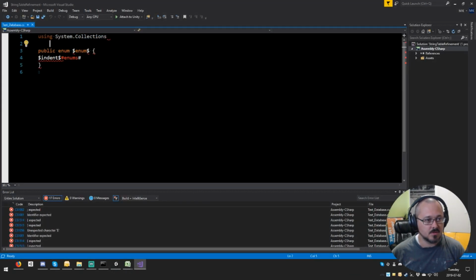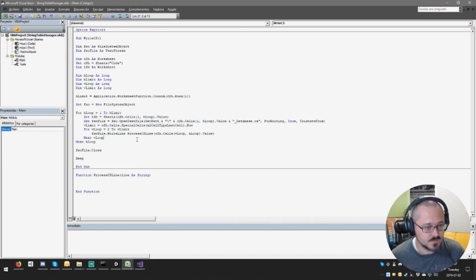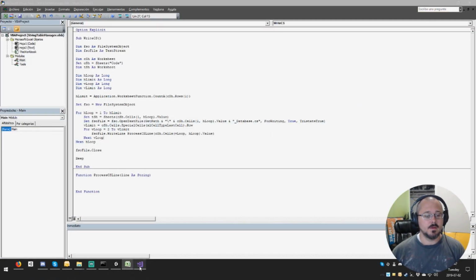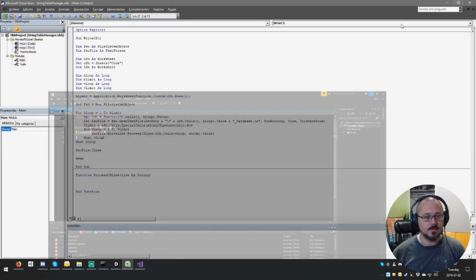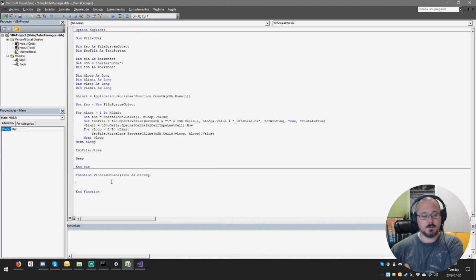Another thing we've noticed, I think. No, the line breaks are working correctly, it looks like. So they're being placed. That's good. It's good enough for me. Okay. So what we're going to have to check is we're going to have to extract that variable which is present between two dollar signs. So the first thing we're going to check is if the line has dollar signs inside it. Right. So we're going to say,